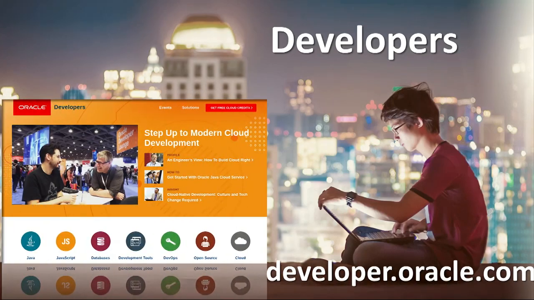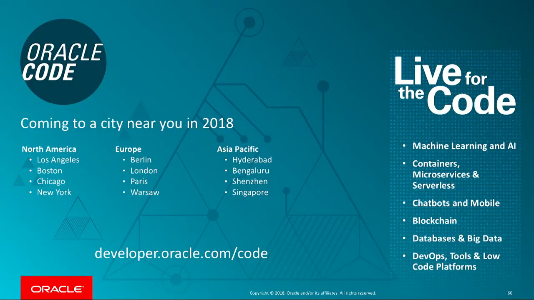And then for developers, we're providing a central location for them to go and get access to resources that Oracle provides for developers. That's called developer.oracle.com. Engage with the community on developer.oracle.com. Plus, this is the Oracle Code Online event, but there are also Oracle Code local events that are coming to you. We've already done a number of them in North America and in Europe, and they're also coming to Asia Pacific. So you can go to developer.oracle.com/code to register for these in-person events where you can have a lot of hands-on experience. You can build applications of your own hands-on at these various events.